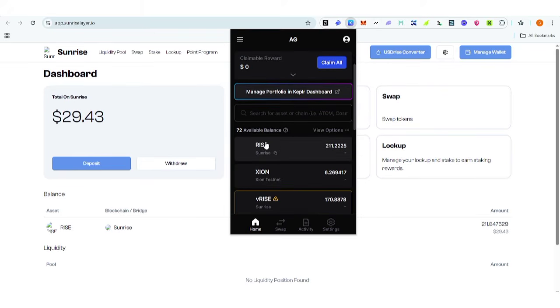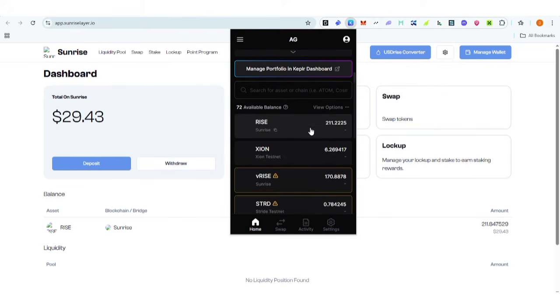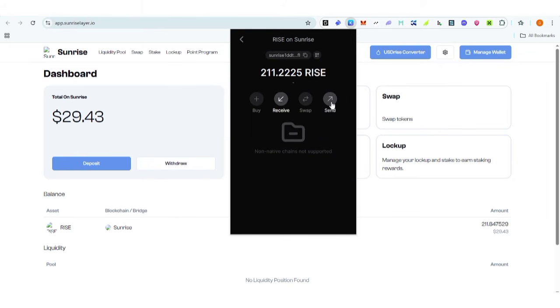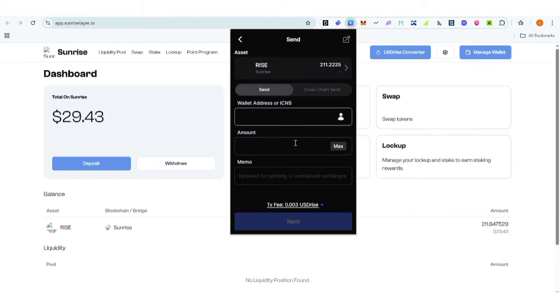Alright, so you click on it, you're going to see your Rise allocation. Even without searching for it, maybe you're going to see your Rise allocation. So now what you need to do is click on it, then click on send. So you just need to visit your